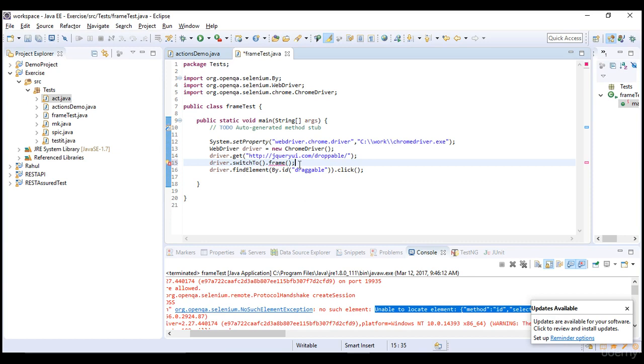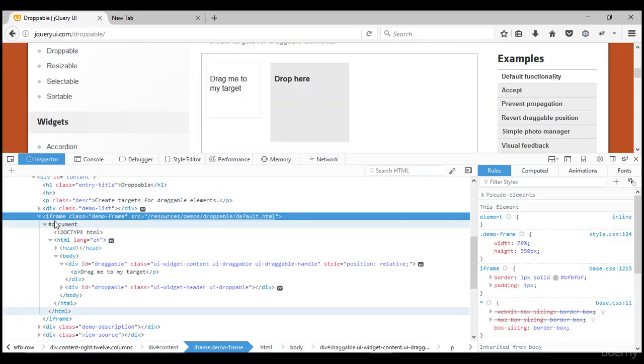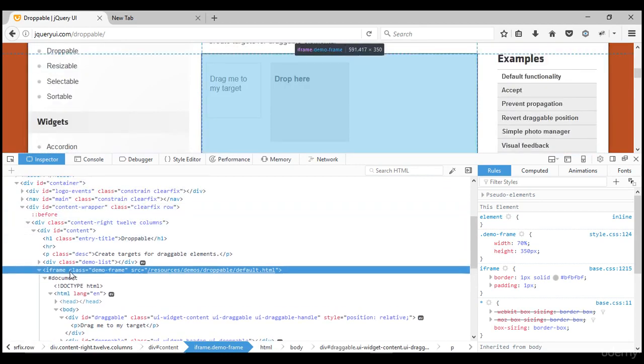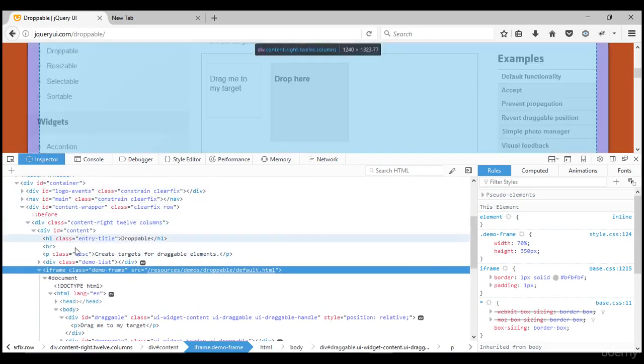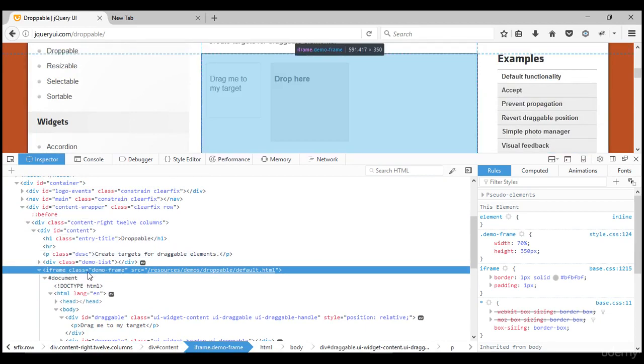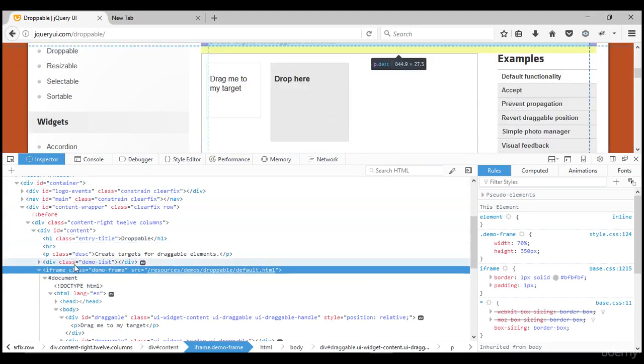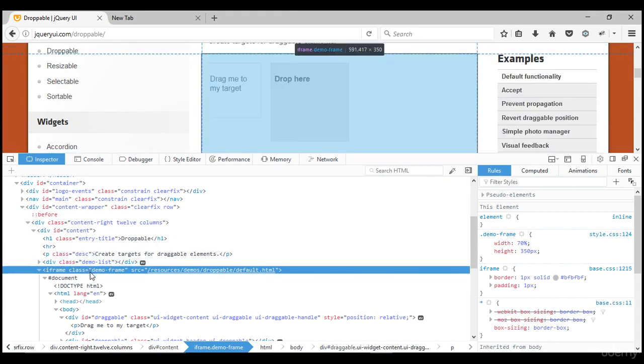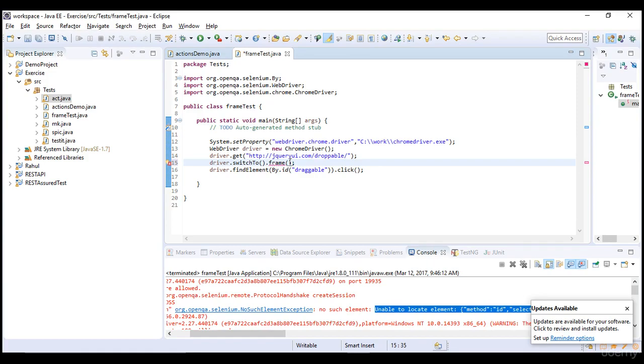So still we have two options available. One is web element and one is by index. It's easy for us to find this frame with a web element, right? Finding with a web element, in the sense, we need to tell Selenium to come here. It's easy, right? We have a class. I can say find element by class name demo frame, so automatically control comes here, right? So we will pass the web element into this frame object so that control comes and identifies this frame.